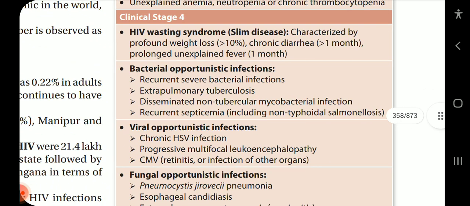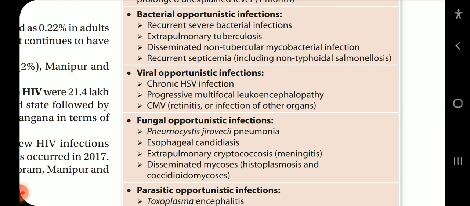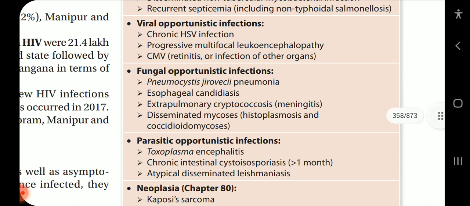Clinical stage 4 includes HIV wasting syndrome, characterized by profound weight loss more than 10%, chronic diarrhea more than 1 month, prolonged unexplained fever more than 1 month. Bacterial opportunistic infection, recurrent severe bacterial infections, extrapulmonary tuberculosis, disseminated non-tubercular mycobacterial infection, recurrent septicemia including non-typhoidal salmonellosis. Viral opportunistic infection, chronic HSV infection, progressive multifocal leukoencephalopathy, CMV retinitis or infection of other organs, fungal opportunistic infections, pneumocystis jirovecii pneumonia, esophageal candidiasis, extrapulmonary